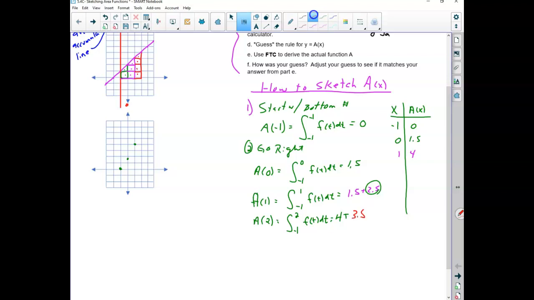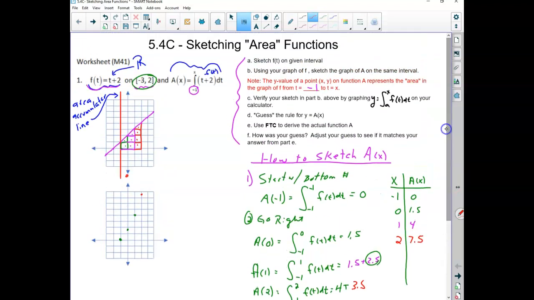Hey, that's going to make this guy 2, 7.5, which is going to come over 2, or I can go over 3 from my previous point, and then I can go up another 1, 2, 3.5 to get me right up there. And now as we're going along, what you really want to think about and focus